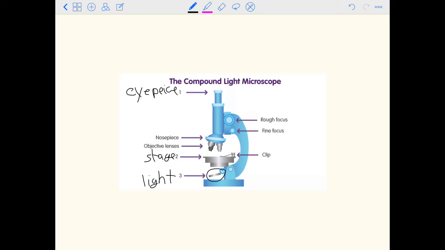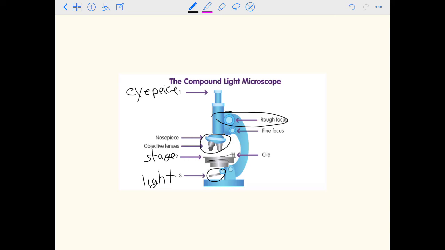And then there was one question that threw a lot of you off that was actually really tricky. It was, what would you turn in order to move the objective lenses up and down? Most of you have had the chance to use the microscopes at school, and it's not the objective lenses that move up and down, but the stage. But here you see that the rough focus knob is closer to the objective lenses than the stage. So it's actually the objective lenses in this example that go up and down.